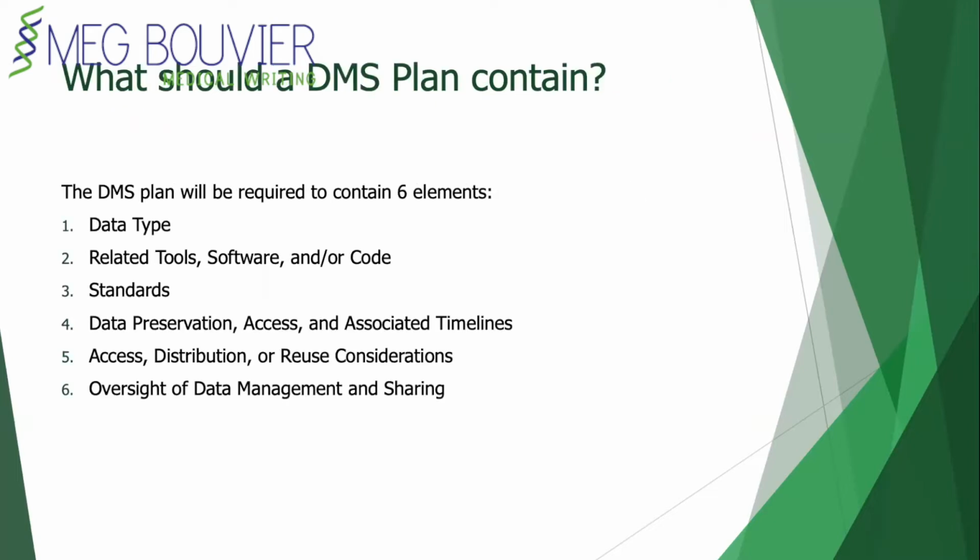Okay, and so while there's not a prescribed format for the DMS plan, it must contain these 6 elements. And on the sharing website, there's definitions for each of these 6 elements. I didn't want to put it here because it is pretty lengthy, but just know that you can go there and get guidance on what each section should contain. They have also provided a template. You don't have to use that exact layout, but it's just for guidance. And eventually they're going to have a PDF fillable version of that template, but it's not there yet.